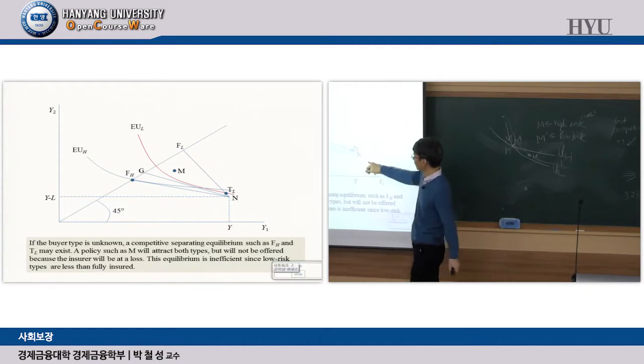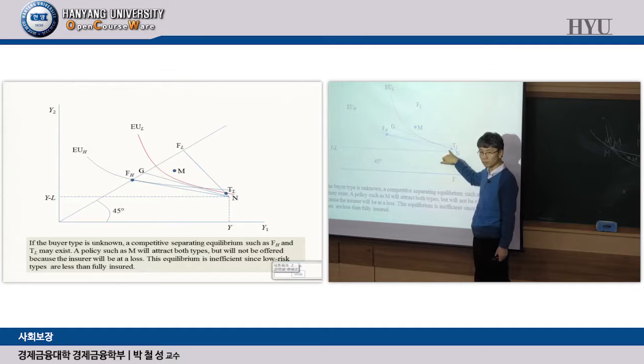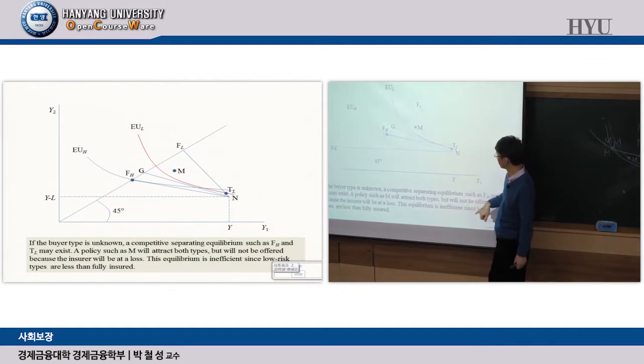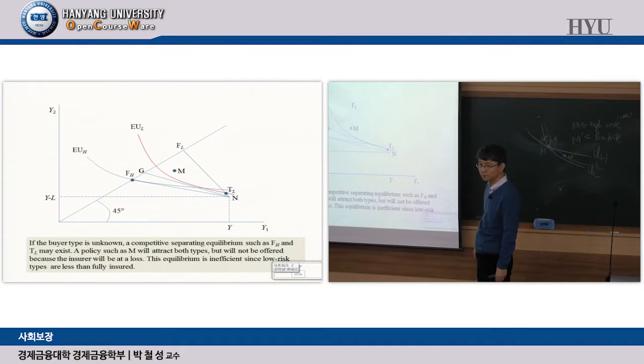So at any point on this line, the price is the same. 근데 왜 그렇게 조금 드는 자기가 낸 만큼 사고가 나면은 다 돌려받을 수 있는데 왜 그렇게 조금